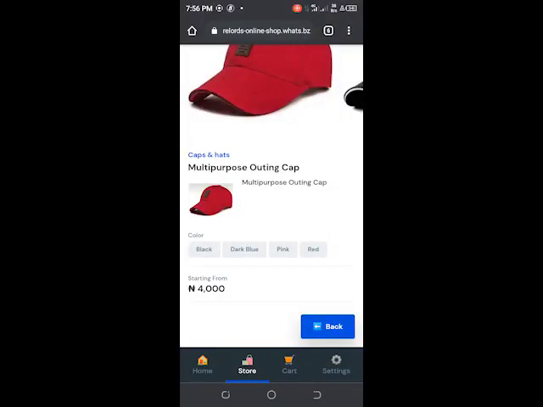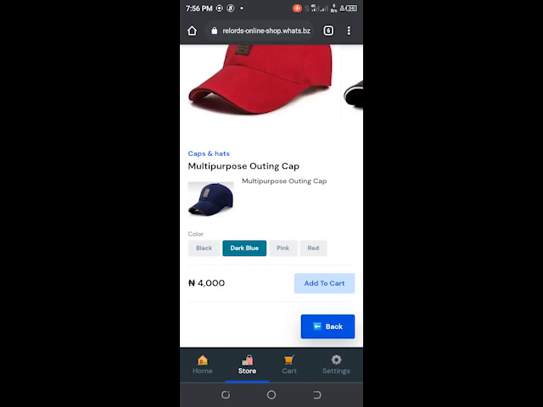Once you tap on the black, you see the color changes to the black cap. You want the dark blue, once you tap on the dark blue, it changes to the dark blue. You want the pink, once you tap on the pink, it changes to the pink cap, and so to the red. Whichever one your customer wants, this is where they get it, and then they set the colors. If it's for size, they can pick a size, small, medium, large, extra large, and so on. Then add to cart,